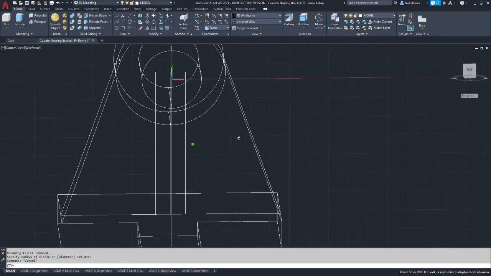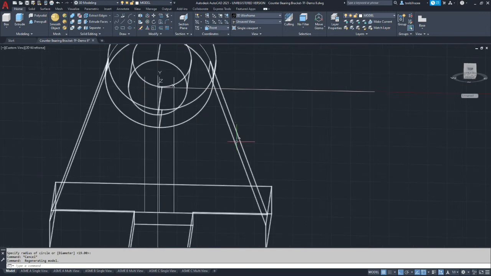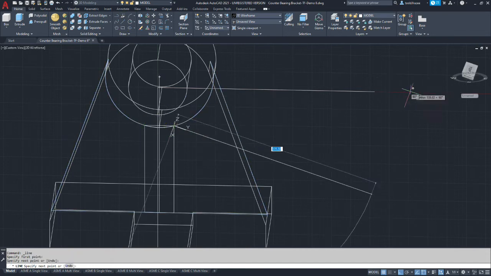It's a little hard to see, we've got a white line on top of the model, but when we go to trim this, you should be able to see it. And we're going to trim off each side of the arc and trim off our lines, and we should be able to select on the endpoints of our trimmed line.